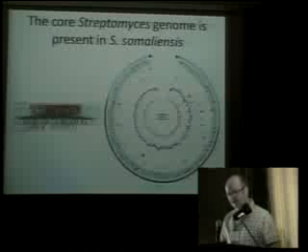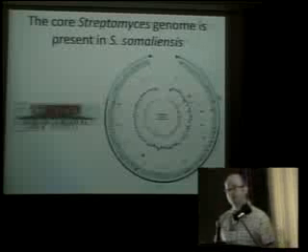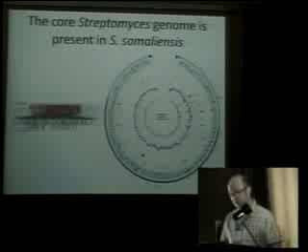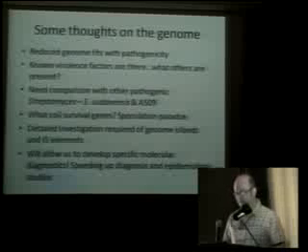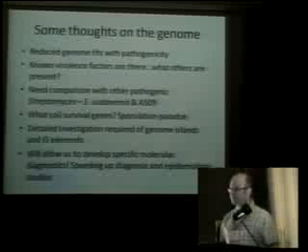So as an adaptation, as a pathogen, it looks like it's these arm regions that are actually missing in Streptomyces somaliensis. So perhaps in this adaptation to living in the host, they've been able to dispense with a lot of these genes that are involved in soil survival on a larger scale. So the reduced genome fits with pathogenicity. There are known virulence factors there, but there are probably others.